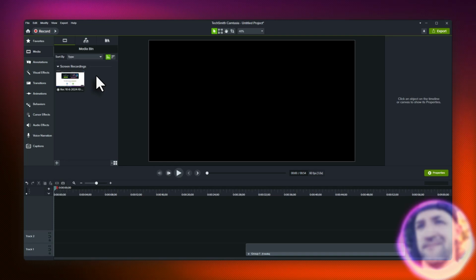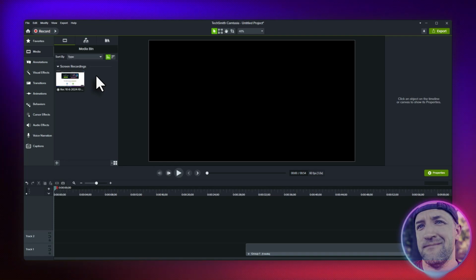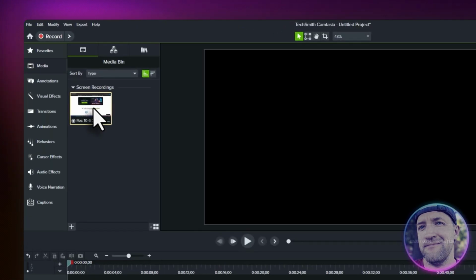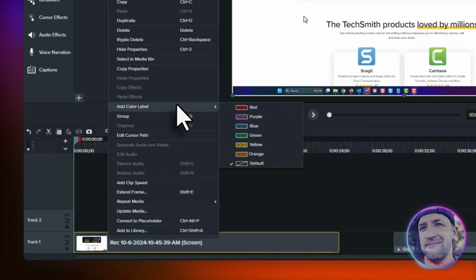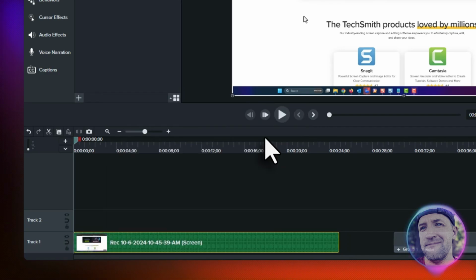Okay, so what makes the color labels so great is that it's incredibly simple to add them to your timeline. Let's start by taking a clip from our media bin and adding it to the timeline. Once you've done that, simply right-click on the media, find the Add Color Label option, and choose one of the